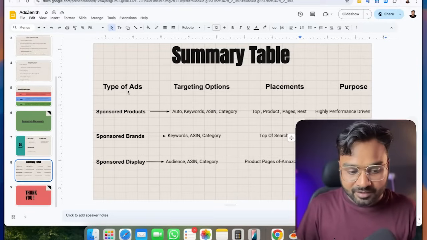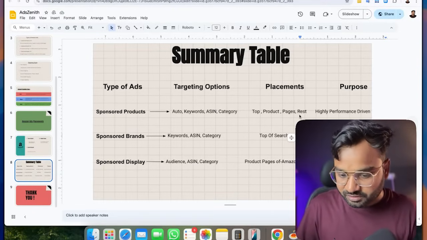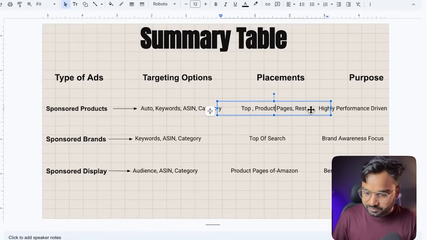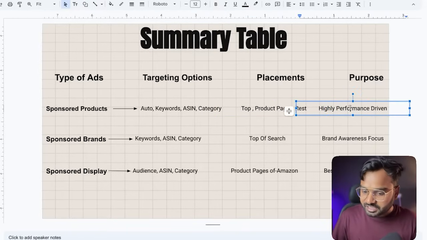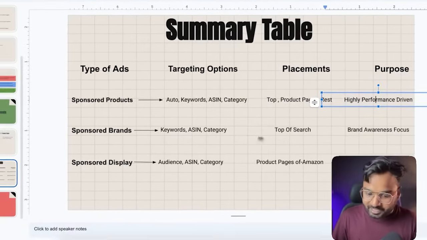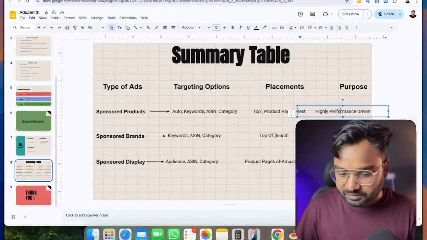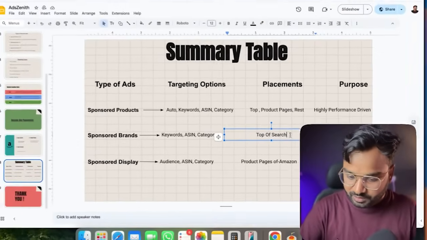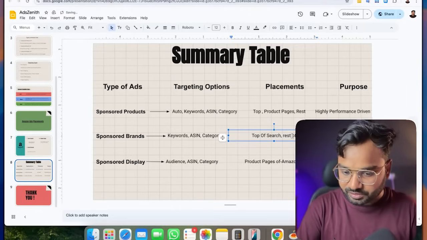Similarly for placement, for sponsored products, you have top of the search, product pages and rest of the searches. Next, for sponsored brands, you have top of the search. Actually you have the rest of the searches as well, which Amazon doesn't let you control, but you get those also.